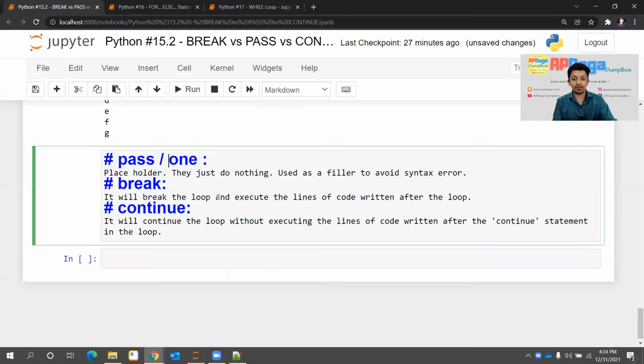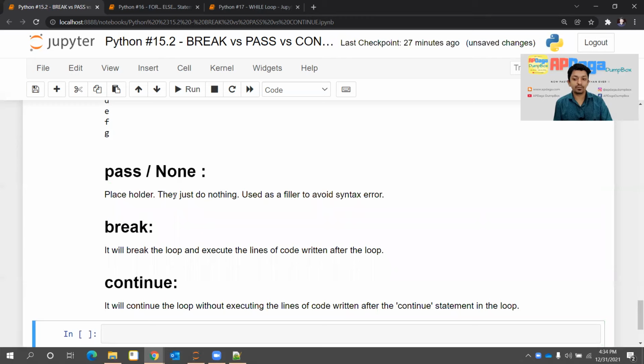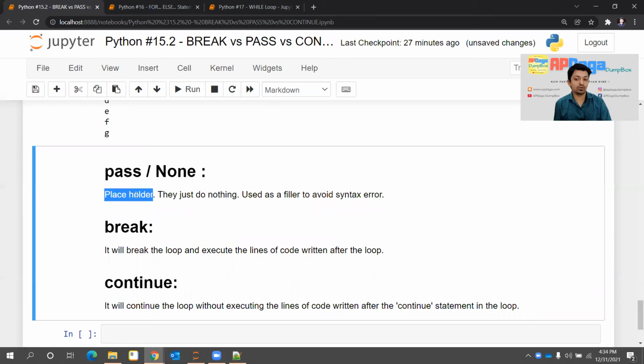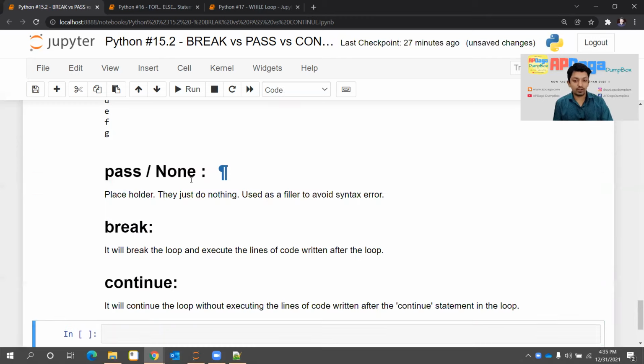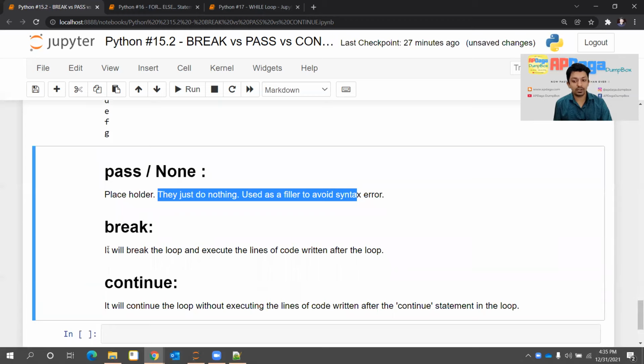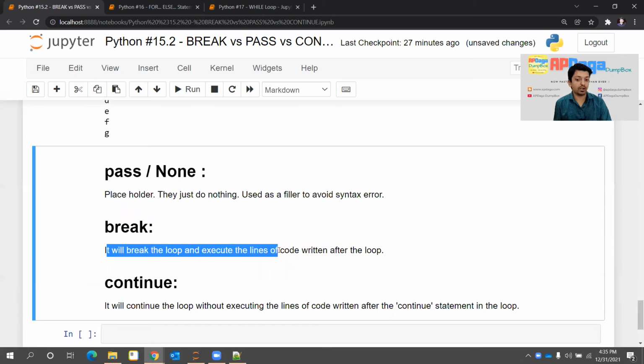Actually, this None should be a capital N. It is just a placeholder. They just do nothing and are used as a filler to avoid syntax errors. What break does is it will break the loop and execute the lines of code written after the loop, right? Whatever you write below the loop will be executed sequentially.